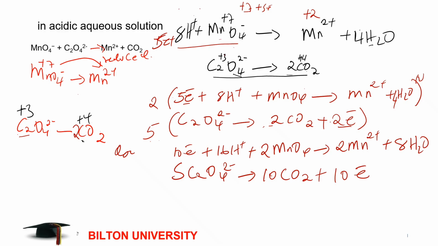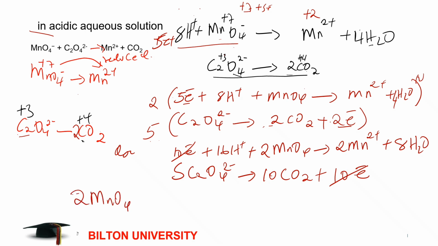So once we have done this, we can balance the charge. We have 10 electrons and 10 electrons, and they cancel each other. Remember, we are balancing it in acidic media. So from here, we can just combine the two reactions. If you look, there's nothing which can cancel each other in this case, so our equation is going to be, overall,